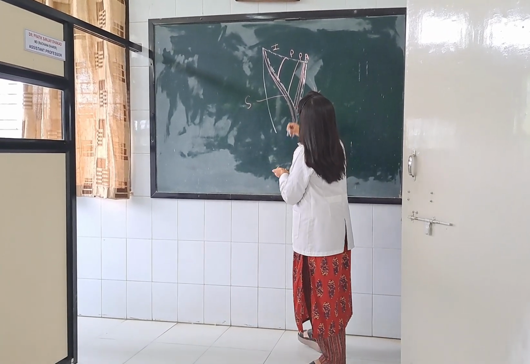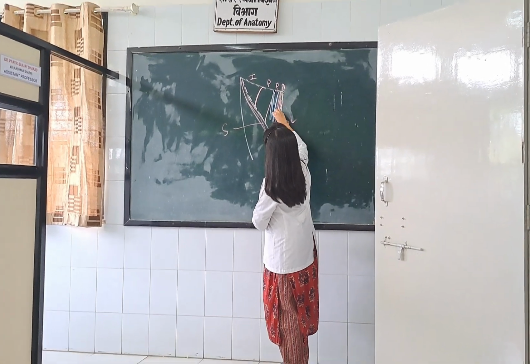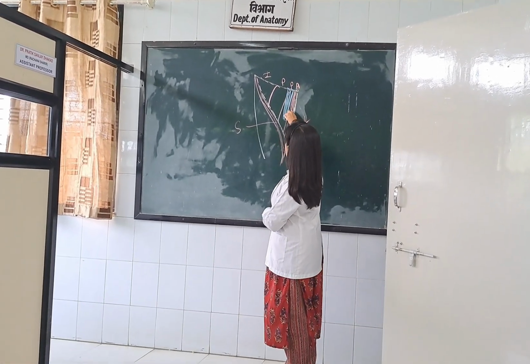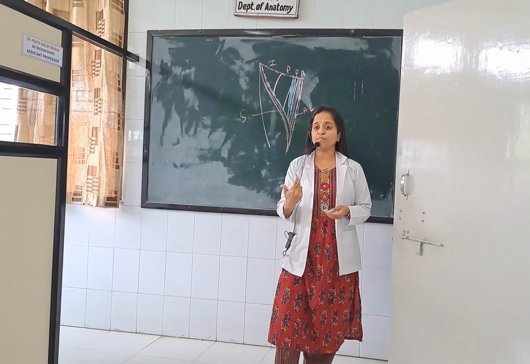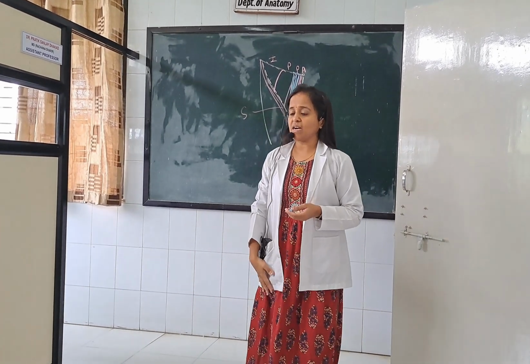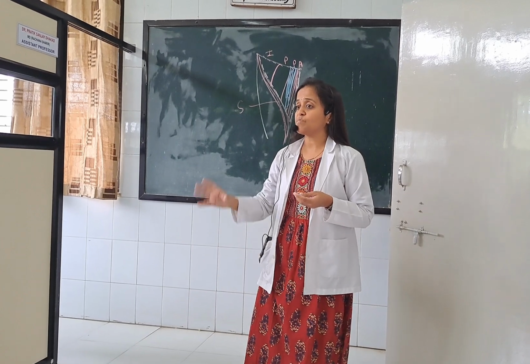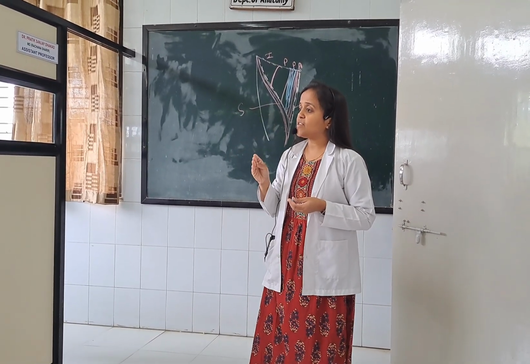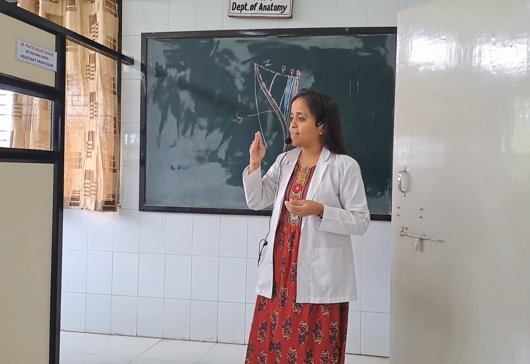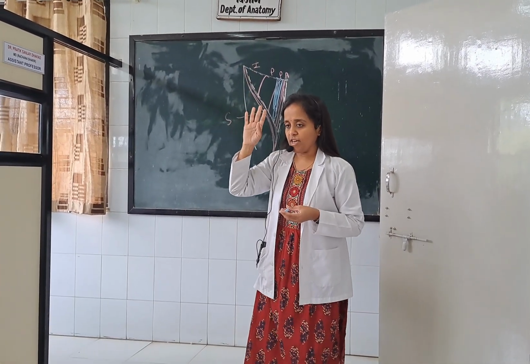So the first content is the femoral vein, right? Now the femoral vein is the continuation of the popliteal vein. Just below the femoral triangle, at the back side of the knee, there is the popliteal fossa or the popliteal region, right? So the vein which is present here is known as the popliteal vein. It continues up at the upper side as the femoral vein, right?